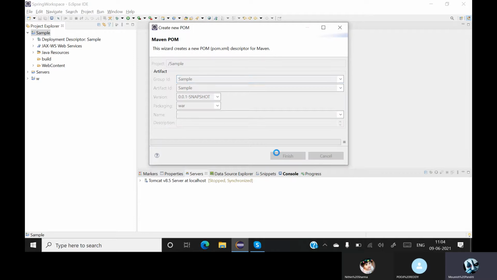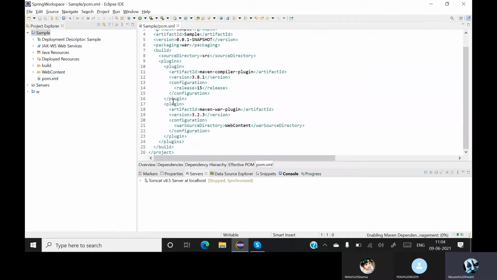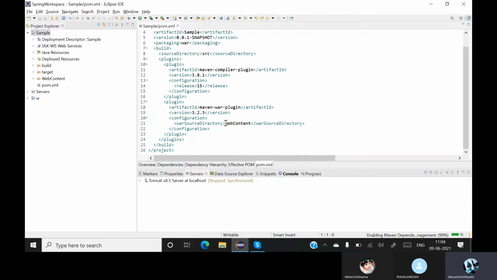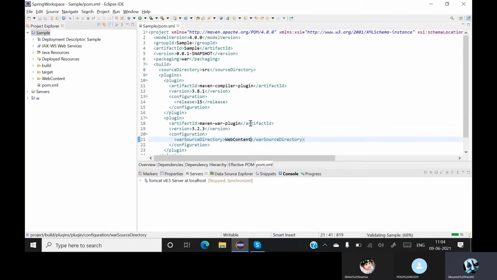Everything will be the same. When you click on that, you will get a pom.xml file. Till now, I think you know how to convert a dynamic web project into a Maven project.